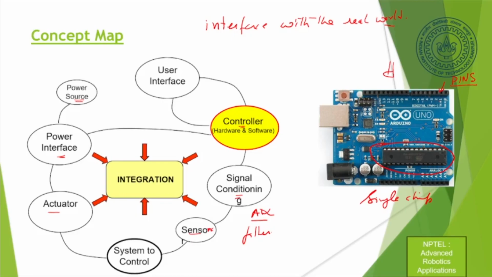The one we'll be using is the Arduino Uno board, and the microcontroller is sitting here. These are all pins. I'll explain the meaning of the pins. They are basically channels or pins, and whenever we connect something, we'll connect it to these pins. When I'm connecting a sensor, I'll be connecting it on that pin. When I'm trying to control a motor, I'll connect it to some other pin. If I want to take a 5-volt signal, I can take a 5-volt signal from here.